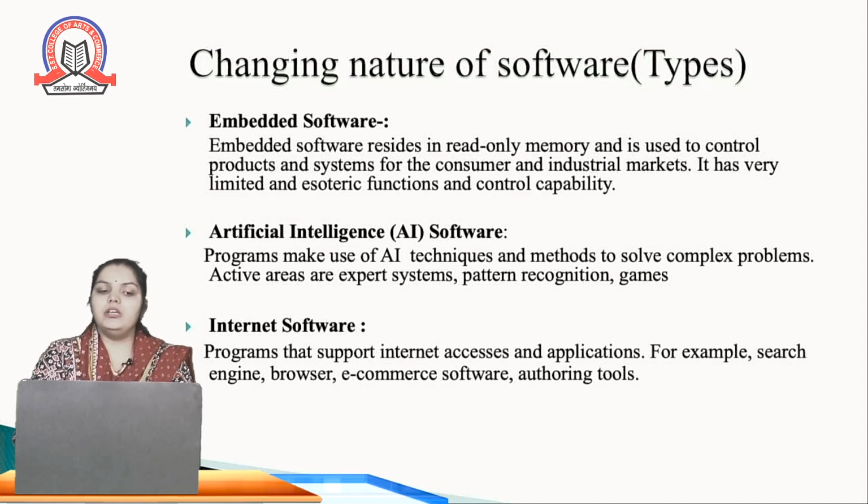It has very limited historic functions and control capacity. After that, artificial intelligence software: programs made using AI techniques and methods to solve complex problems, active areas, expert systems, pattern recognition and games are known as artificial intelligence software. And internet software: the programs that support internet access and applications like search engines, browsers, e-commerce software